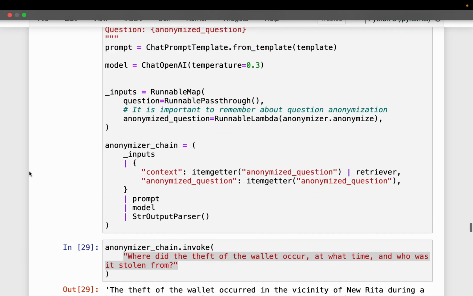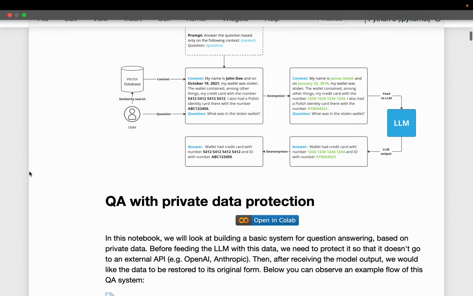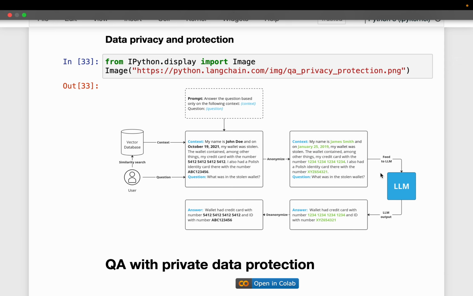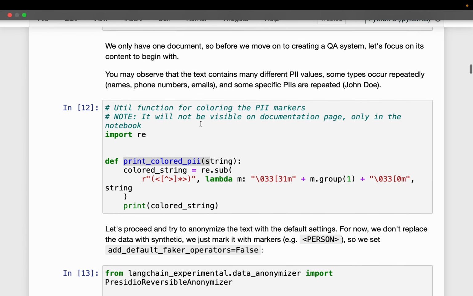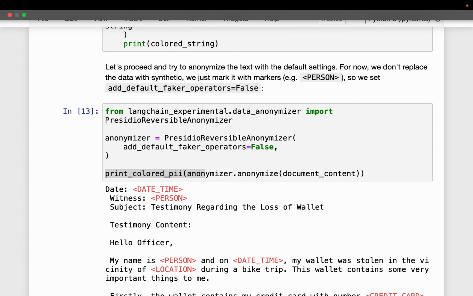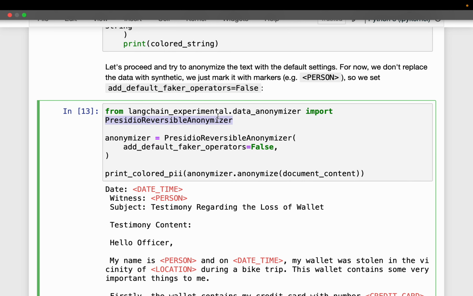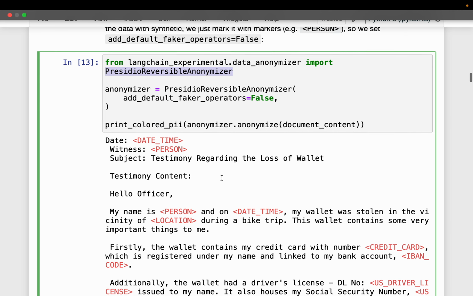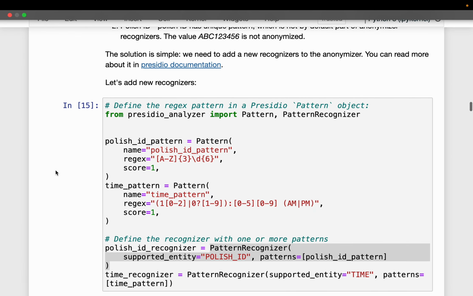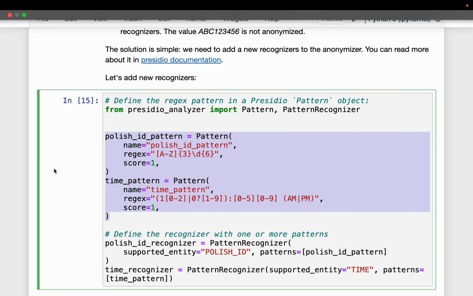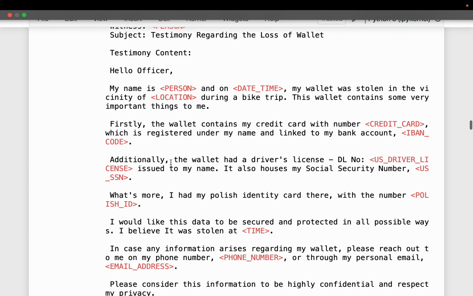Okay, all right, very quick recap. We don't want to send PII to LLMs. So here we are anonymizing the data before sending it to the LLM, and once we receive the output, we de-anonymize it so that we get the right attributes. The way we are doing it is simply using Presidio from Microsoft. All we need to do is simply supply our data. It will identify the PII and mask the data. Now, if we have some custom PII, then we can define those patterns and add them to the anonymizer so that it will identify those patterns as well.